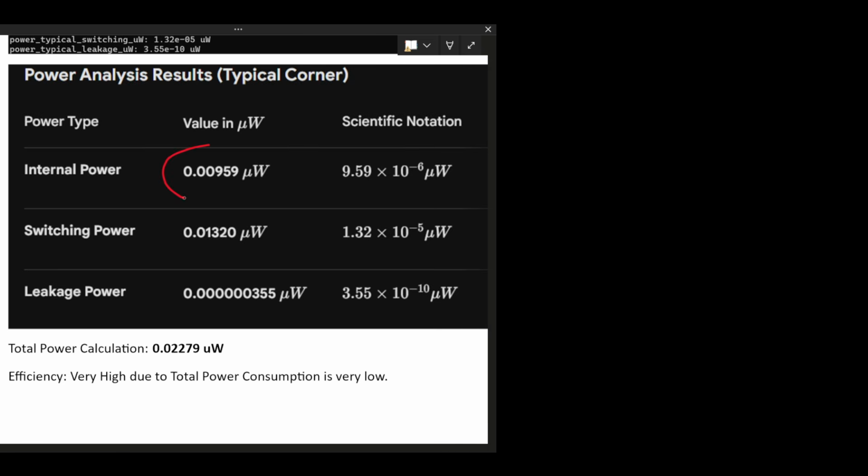Internal power comes to 0.00959 microwatt, switching power 0.001320 microwatt, and leakage power is very less. So it confirms our design is more efficient.